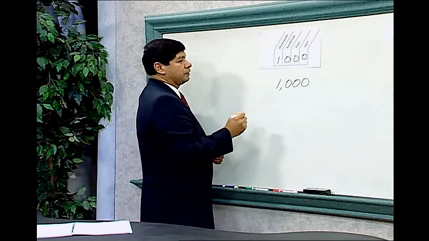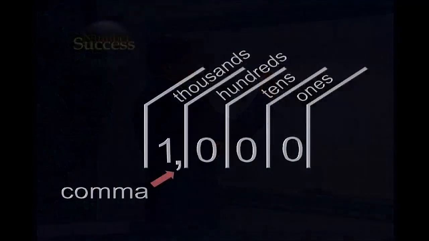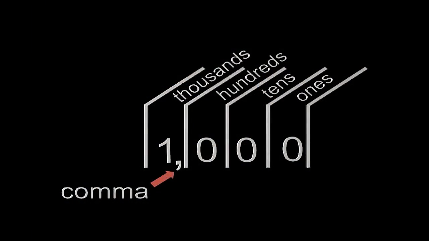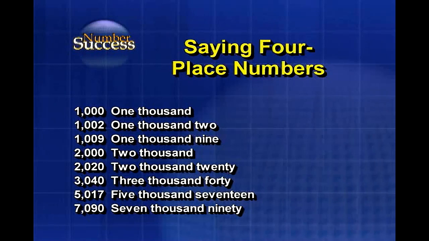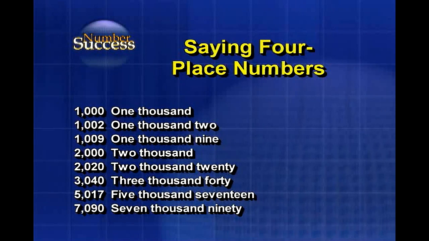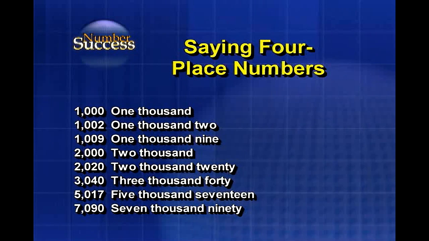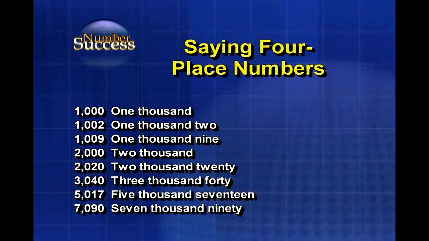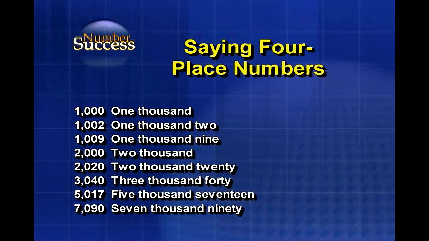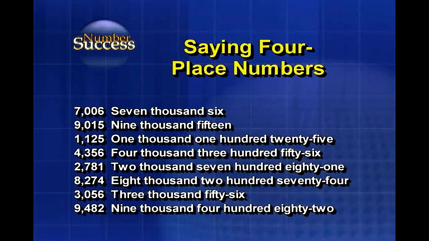And it's a good idea to put a comma between the thousands and the hundreds column. Some four-place numbers: 1000, 1002, 1009, 2000, 2020, 3040, 5017, 7090, 7006, 9015, 1125, 4356,